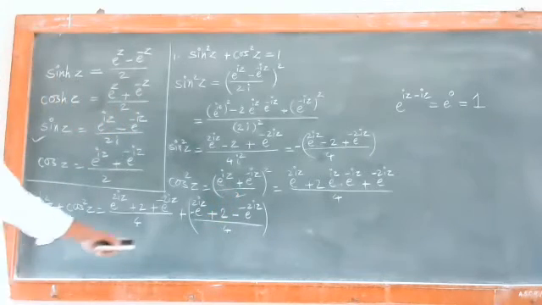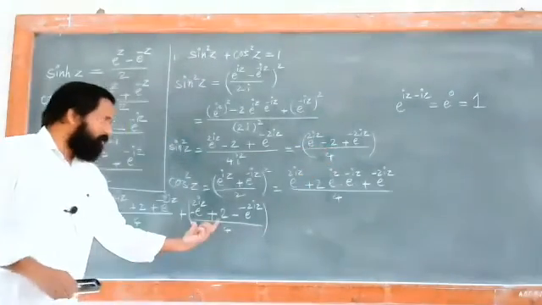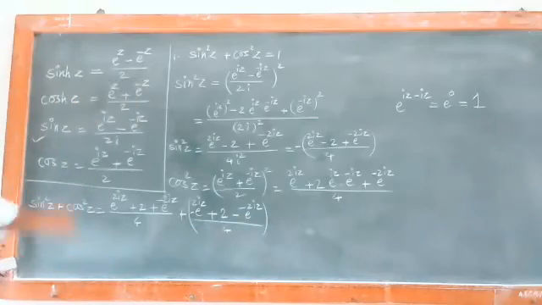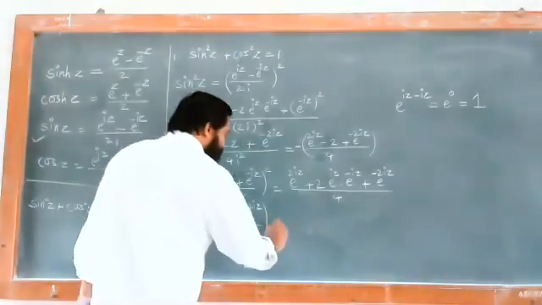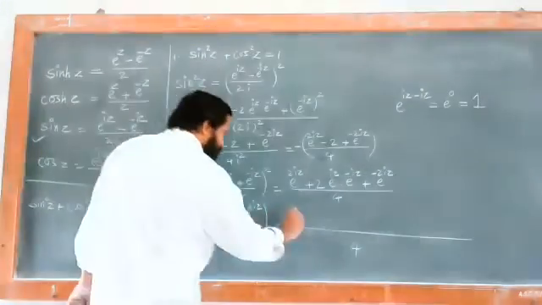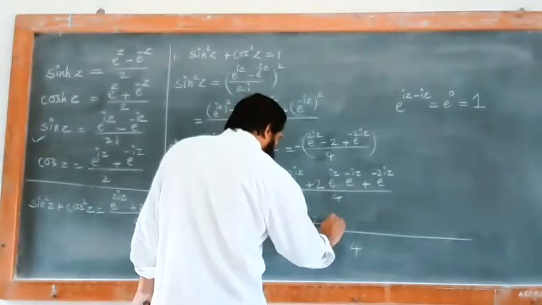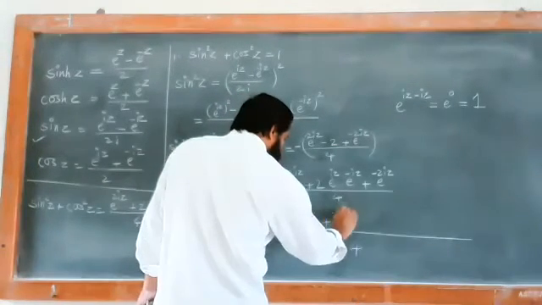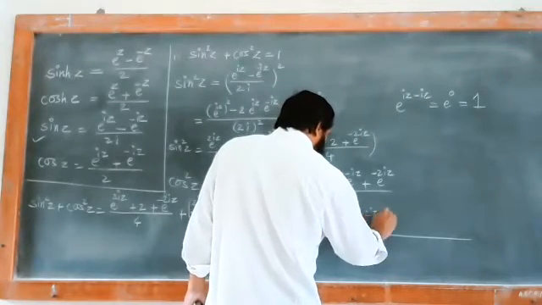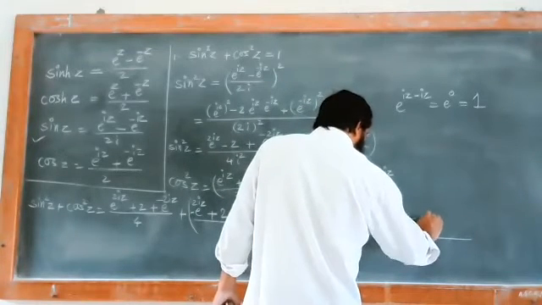Okay, so you can have those conditions. The plus sign stays as it is, and the minus sign we just multiply inside. So the first term is negative, the second term is positive, the third term is again negative. Just take an LCM, which is 4, and see what is left. The first term is e raised to twice iz, the second term is +2, the third term is e raised to minus 2 iz, minus e raised to minus twice iz. Then this is +2 and minus e raised to minus twice iz.